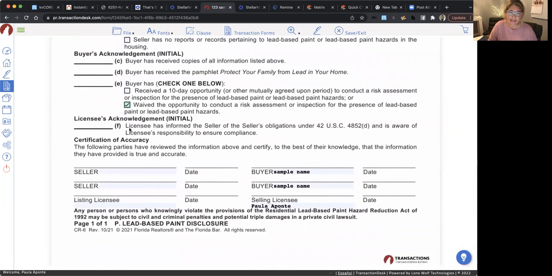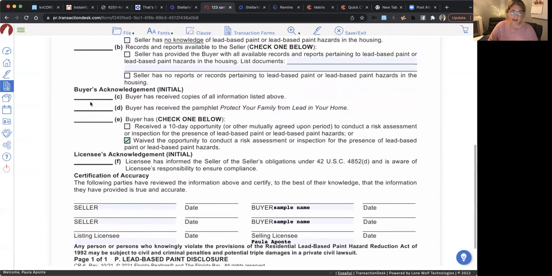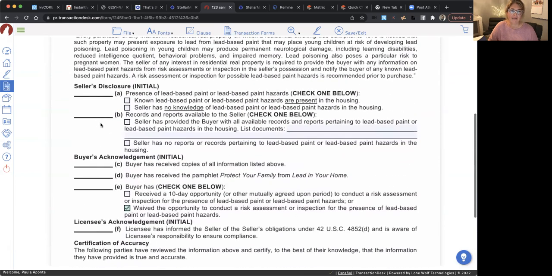And then the licensee has to acknowledge here. I'm sorry, the licensee, this is the listing agent, not you. The listing agent has to say that they have informed the seller of their obligations in terms of lead paint. So the listing agent's going to initial here, buyers are going to initial here, and then the sellers are going